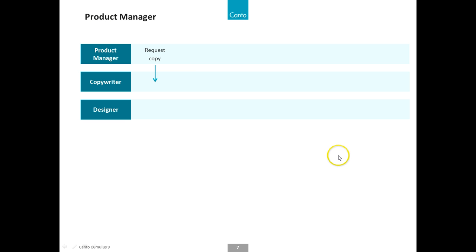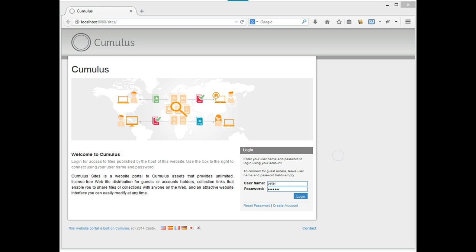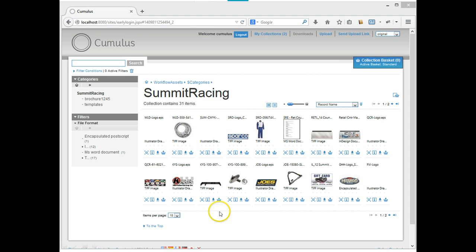Let's start with the project manager. Remember that the project manager, before he starts in this step, has already created a briefing. He has already selected images. So he can start with going to sites, and in sites he will